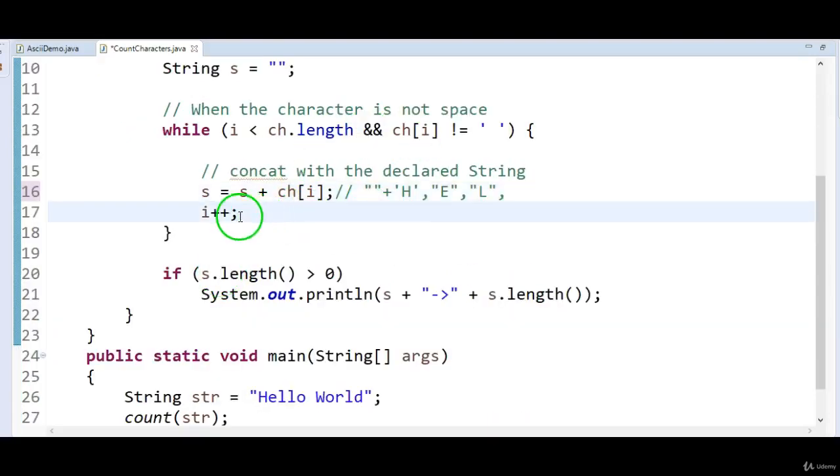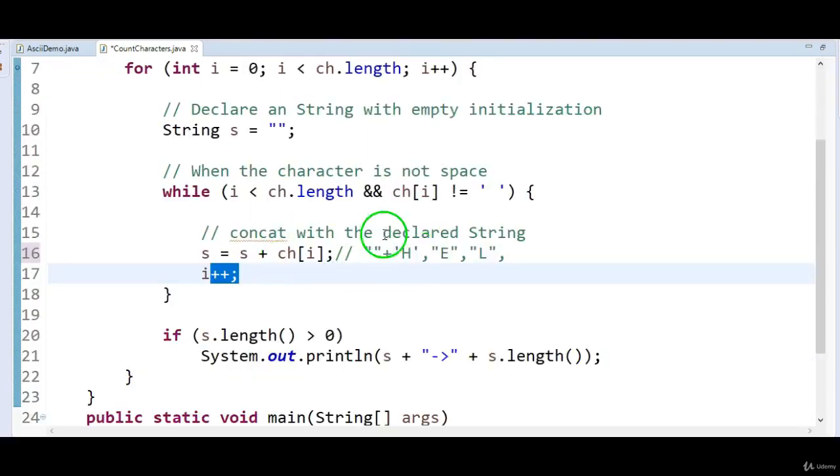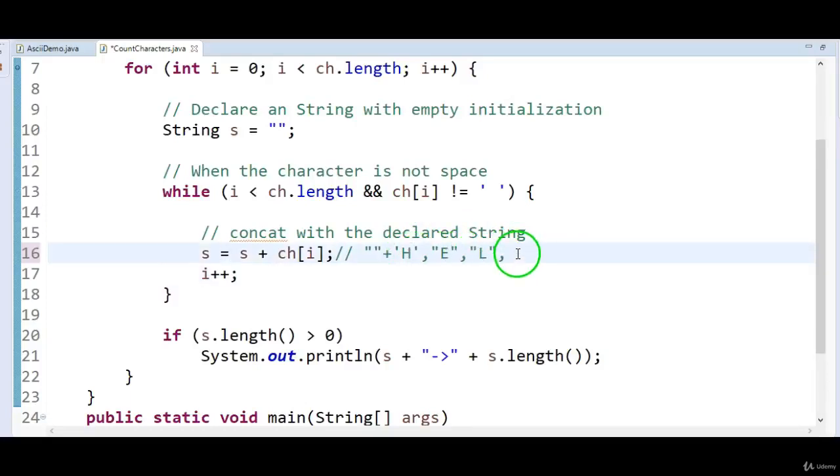Again I gets incremented. I less than 11, true. I starts with 0 and then 1 and then 2. Now it comes to the third character. 3 less than ch.length, true. Now it will take ch of 3, and then it will append L.